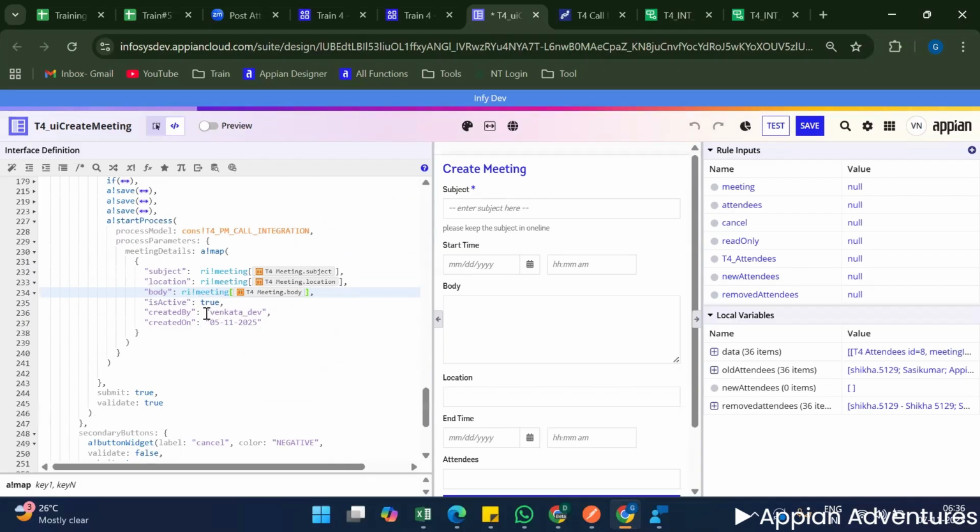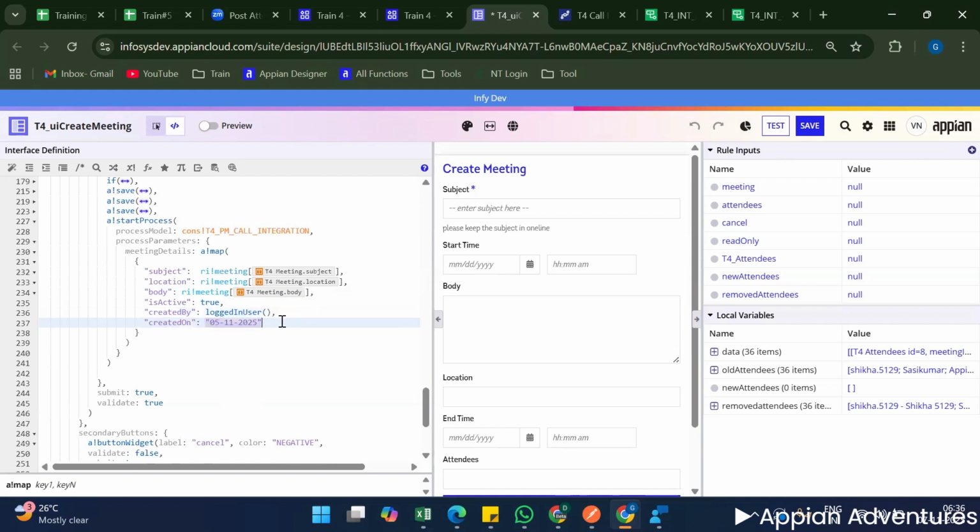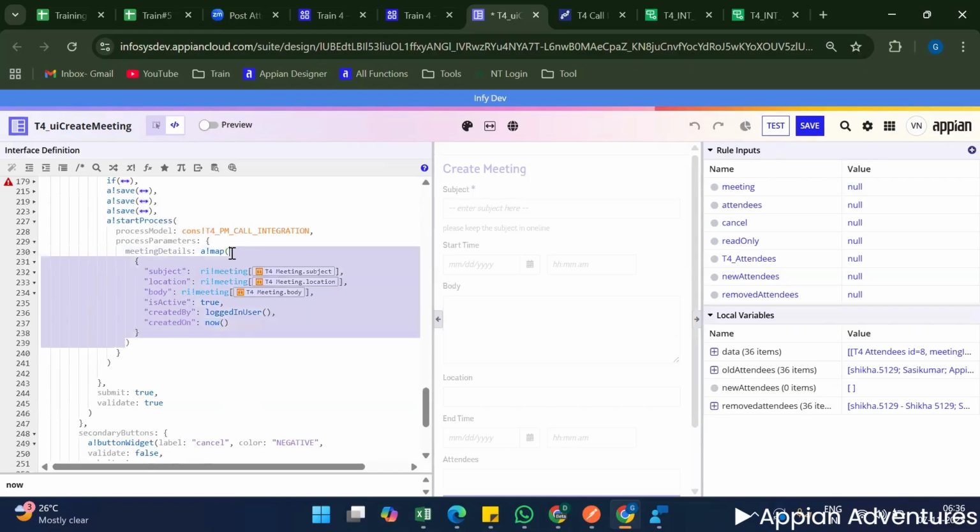Is active we will pass, and created by will be the logged in user, and created on will be the now. So this is how we will construct the data and pass to the process model, from the process model itself